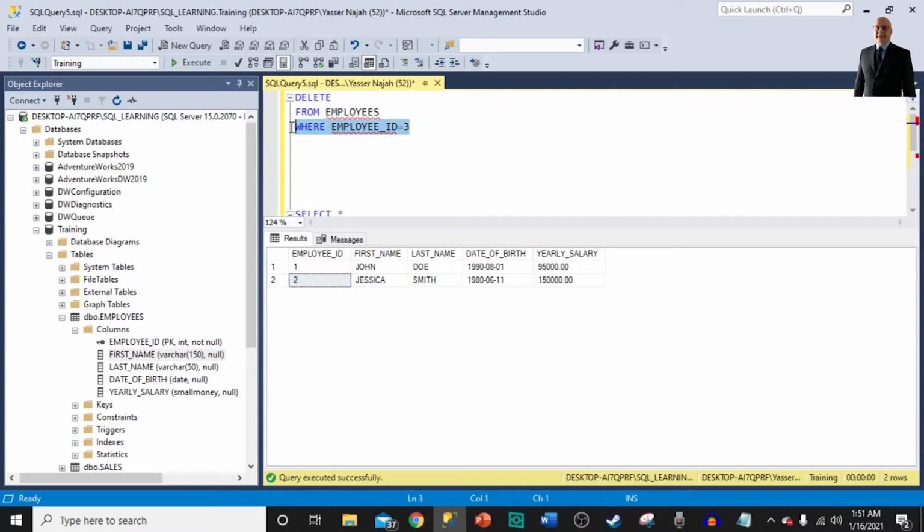If you don't specify the WHERE clause from here, and you just run your query this way, you will lose everything from that table. And at that time you'll be in trouble because you lost the company's data, and you don't want to do that. You always need to make sure that you are deleting the exact record that you want